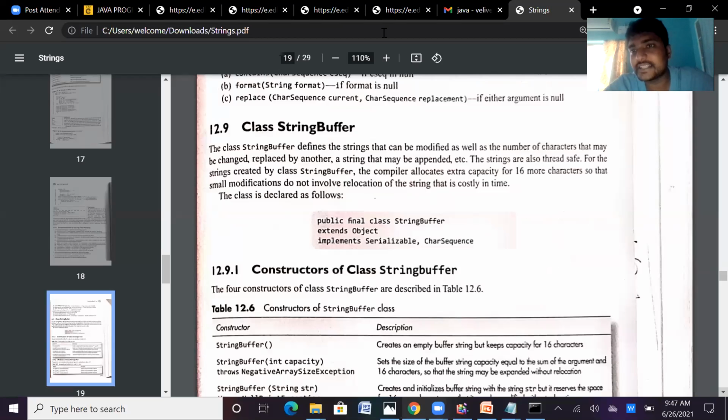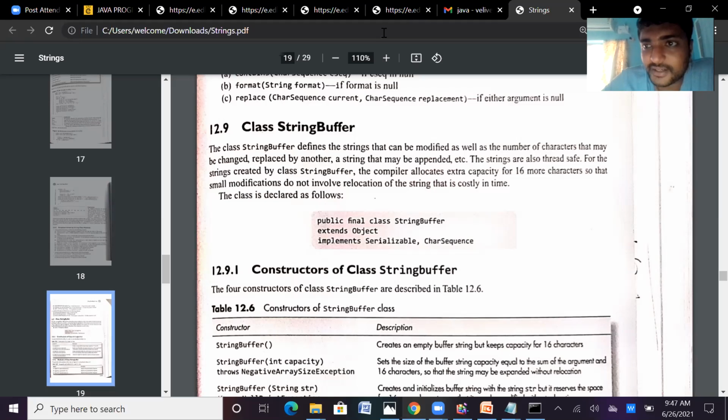So this is all about the string class. We said that we have 3 classes to handle the string. First one, string class. Second one is string buffer class. Third one is string builder class. Up to now we have studied the string class, how to declare the string by using the string class, and what are the methods available in the string class. So let us study about the string buffer as well as the string builder class.